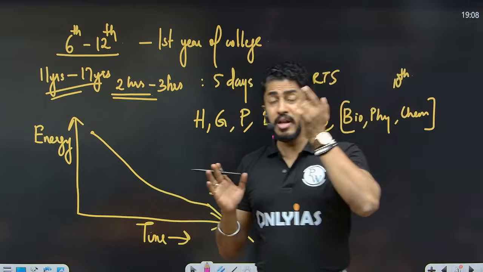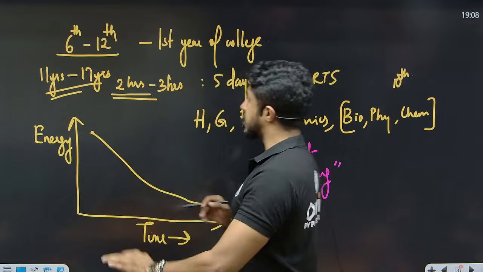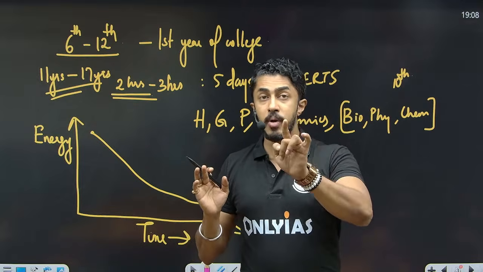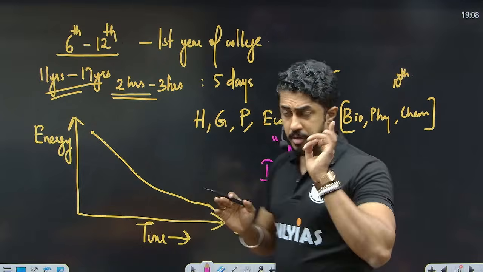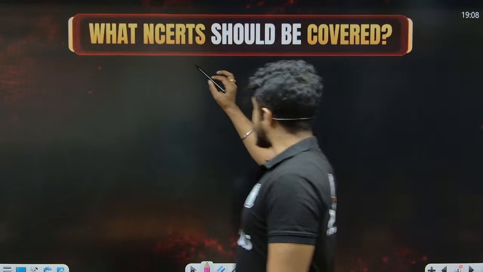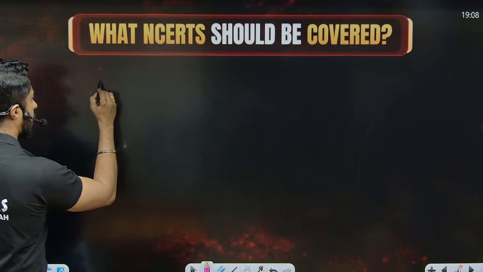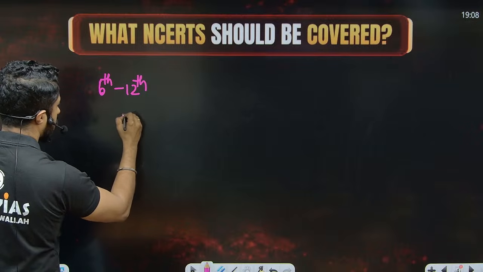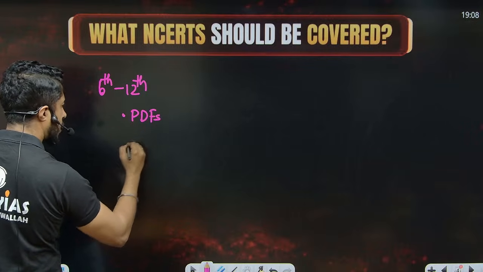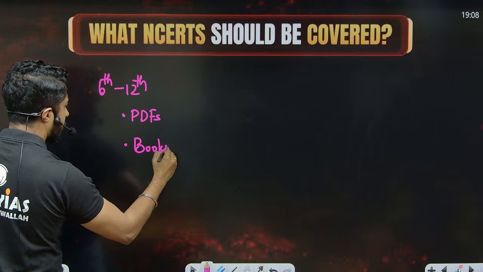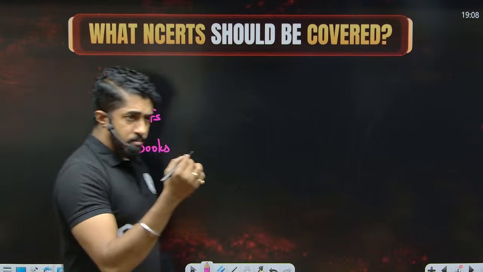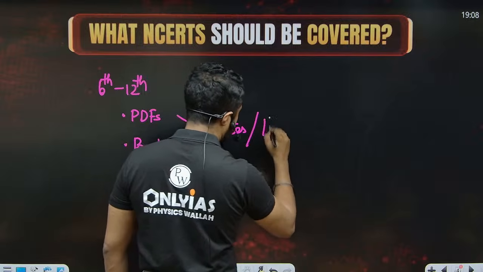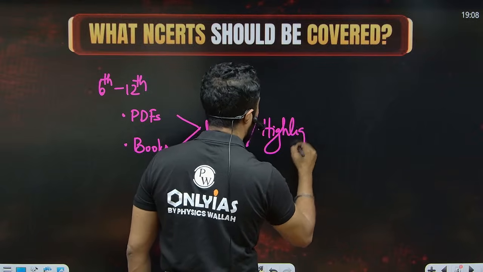Getting the point here. So you will have to test yourself whether you are able to sit 2 to 3 hours in the class or do self-study. This you have to analyze and find out. Got it? And what NCERT should be covered? Like I told you, 6 to 12. For the 6 to 12th NCERTs, you need to use the PDF available on the official website, or you can go for the hard copies. Anyone: Should I make notes? Yes. When you read it, it is better to make notes. Or if you are in the habit of reading the soft copy, you may highlight it.